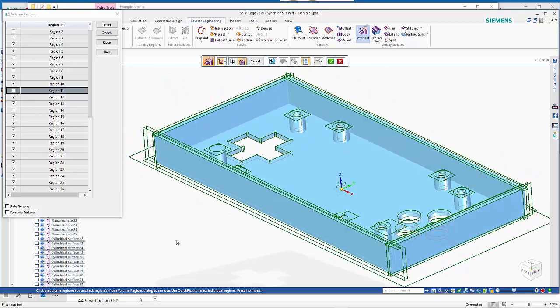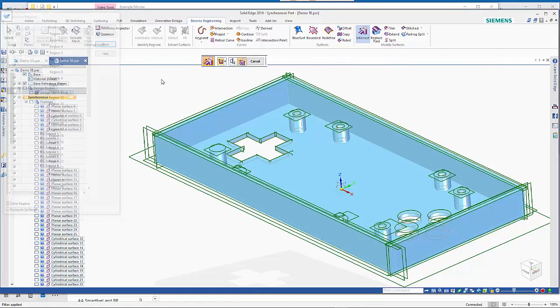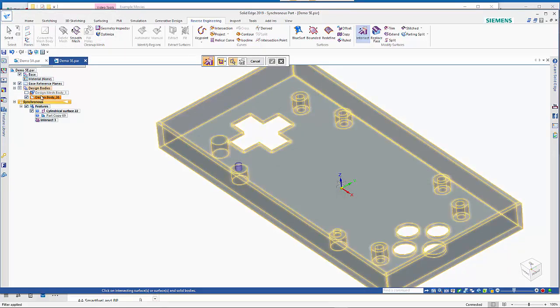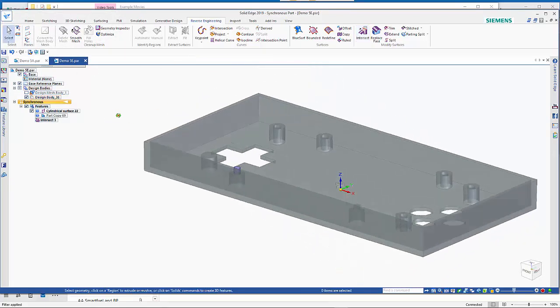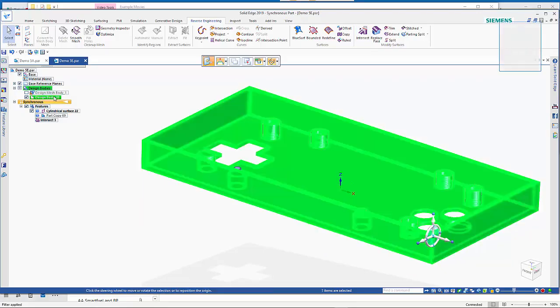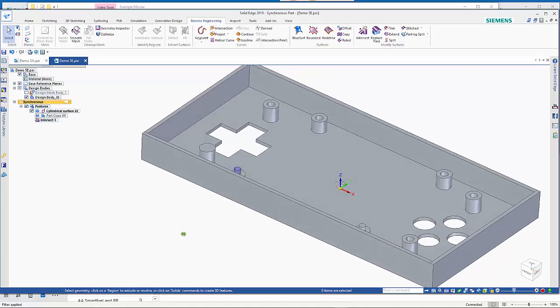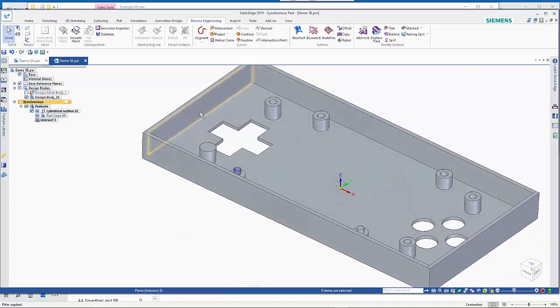Now at this stage this will go and create the body, but we want to look at the next step as well, which will unite all those regions, and we're going to get it to consume the surfaces so that we don't get left with them behind. So we can then just right mouse click, and we end up with the design body. If we cancel out of here, you'll see that we can then activate this as being our main body, and we are free then to start modifying this as and how we want to